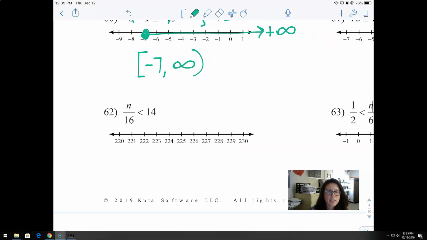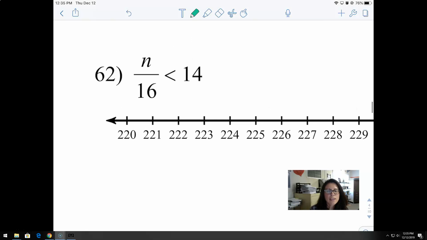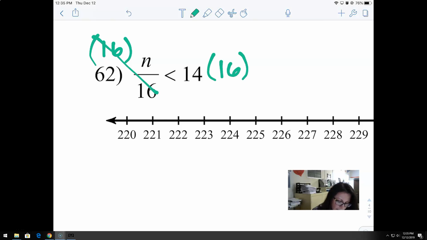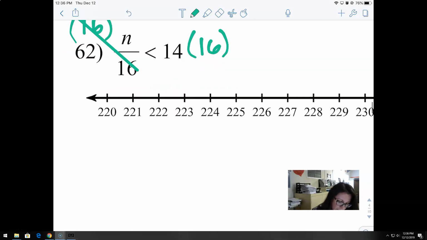All right, so let's take a look at 62. Now, n divided by 16 is less than 14. So I'm going to clear the division of 16 by multiplying it out. So multiply each side by 16. What I do to one side, I do to the other. These now cancel out, and I'm left with the statement